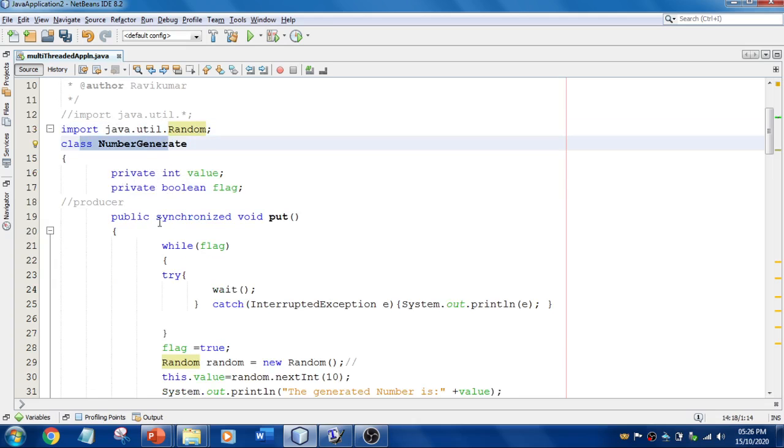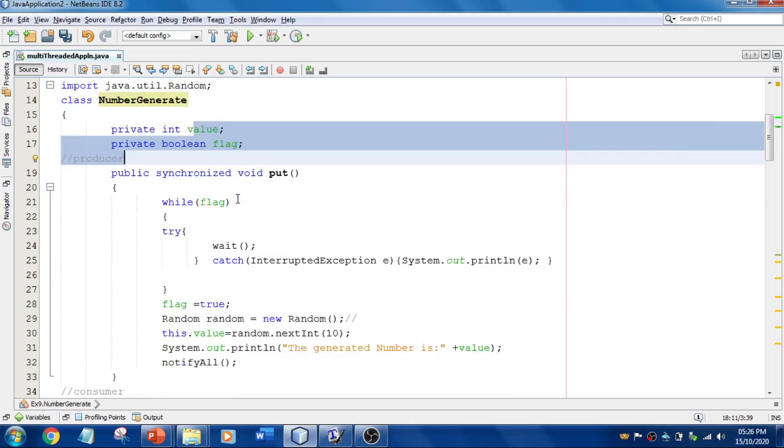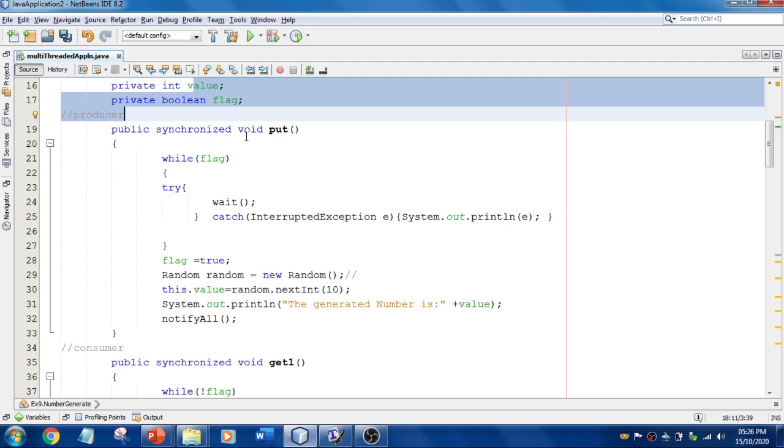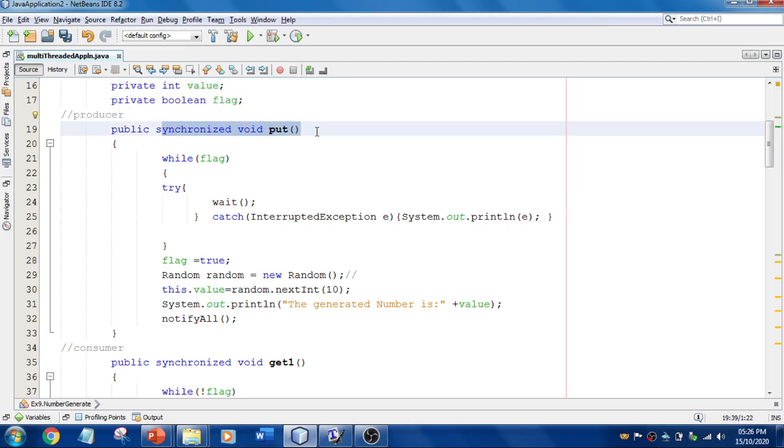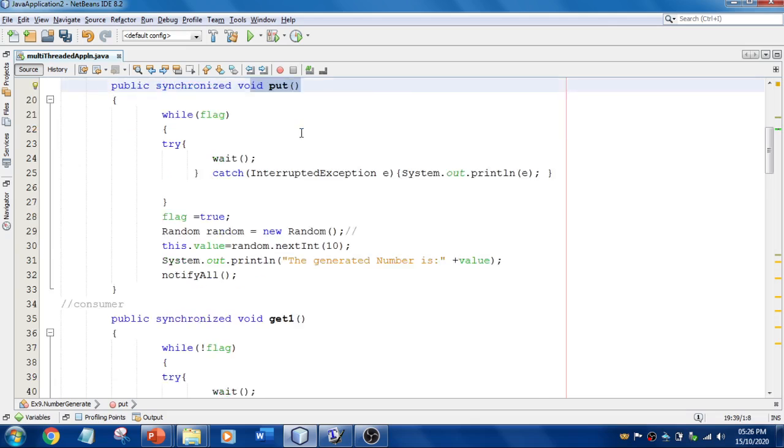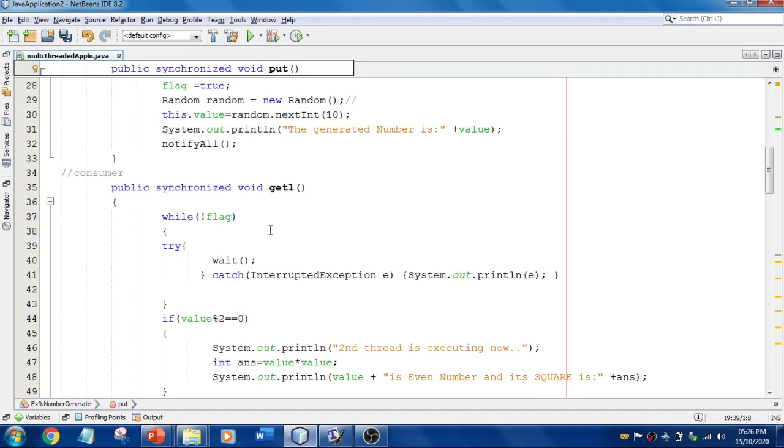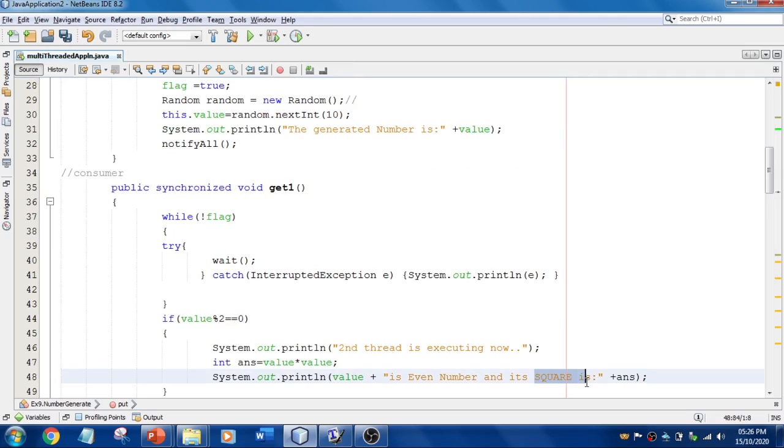And there is a class. I've got two variables, and I've got three methods. All methods are synchronized, I have used the keyword called synchronized. And the first one is put. It is something like a producer consumer, and in put over here I'm going to use random method, it is going to generate random numbers, which means that it is going to put some numbers. And these get methods like get1 and get2, which will get the numbers, and if it is even, it is going to perform square. If it is odd, it is going to perform cube operation.